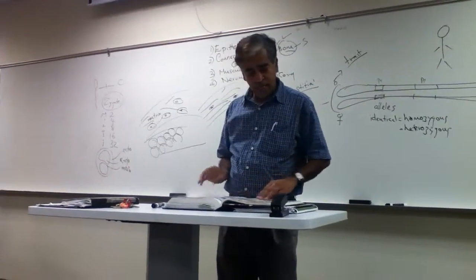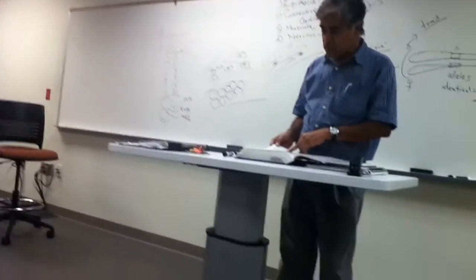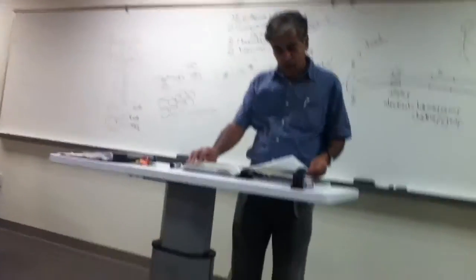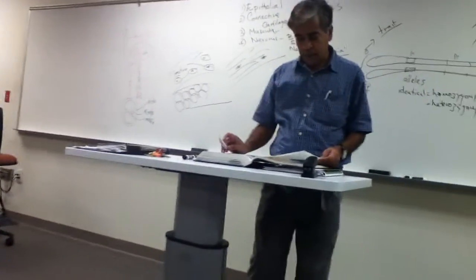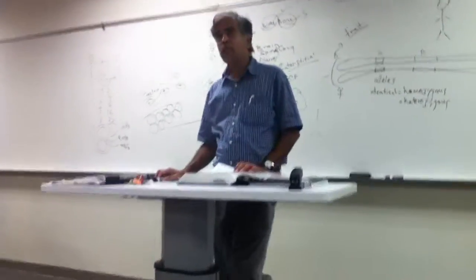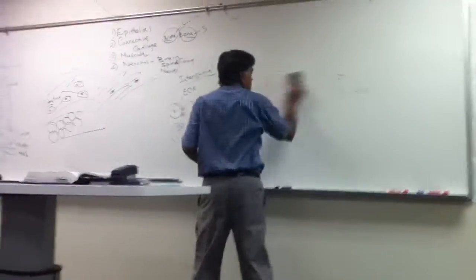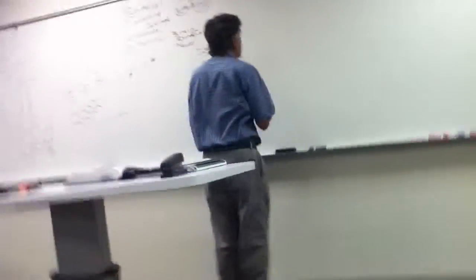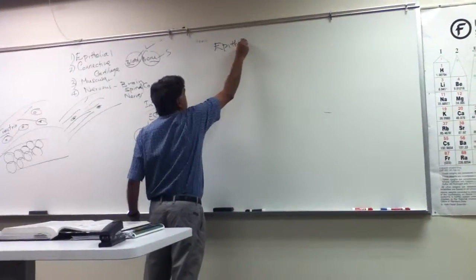Epithelial tissues are classified. If you want, the description is on page 147 at the bottom and then 148. The words are all highlighted, okay? So let's first look at the simple epithelium. Simple means one layer of cells, stratified means multiple layers of cells. So based on whether the cells are arranged in one layer or multiple layers, they give names or classify the epithelial tissue